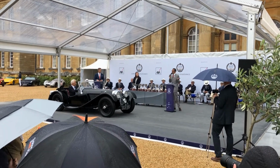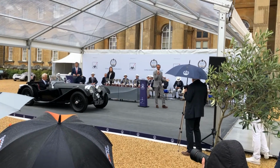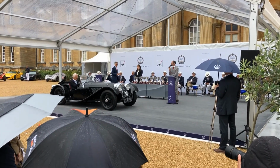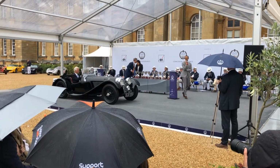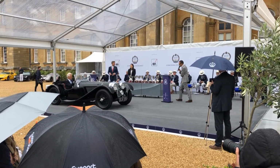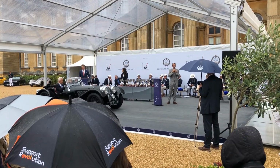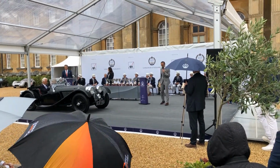Then, of course, the name changed from SS Cars to Jaguar. You can imagine SS wasn't the best name or brand for a car manufacturer, so William Lyons pounced on the idea of changing it to Jaguar. But the nice story about this SS 100, we can tell you about how well it performed in the trials,